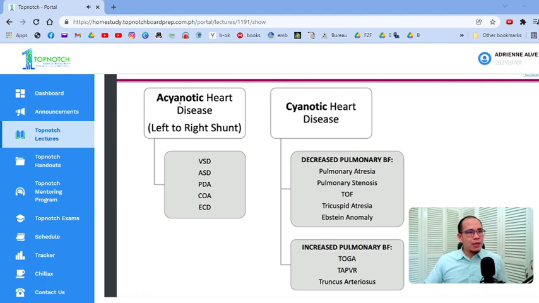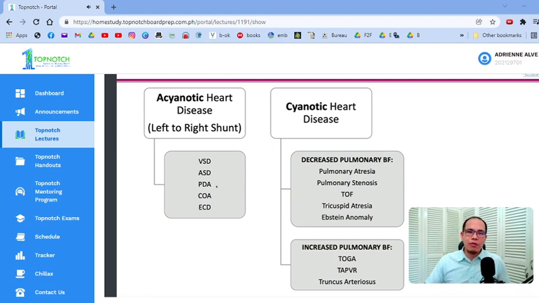Okay, so again, this flowchart, this diagram shows you how to categorize your cyanotic and acyanotic heart disease, left to right and right to left shunt. So please do remember VSD, ASD, PDA, coarctation, endocardial cushion defect, all of these are acyanotic heart disease. But mind you, if this disease progresses, tapos nag-heart failure in patient, and for example, VSD, there's what you call your Eisenmenger syndrome,